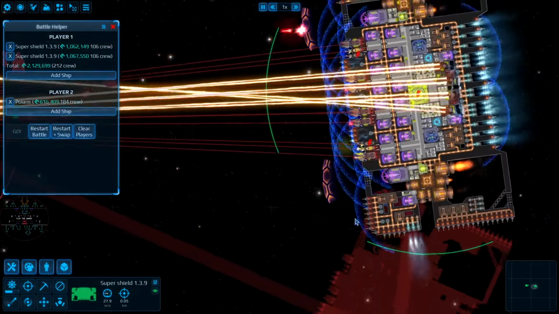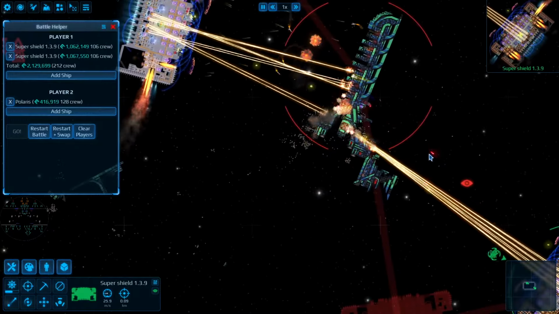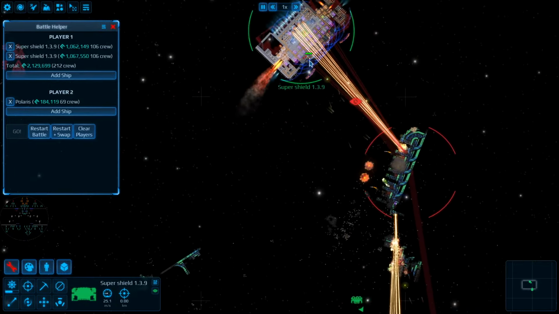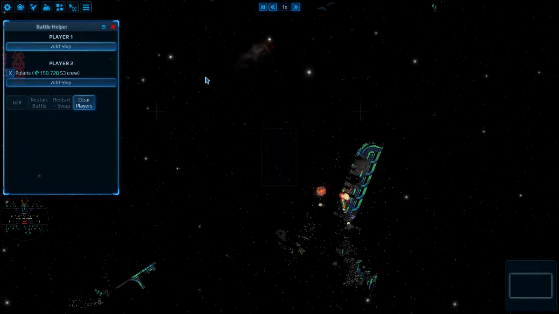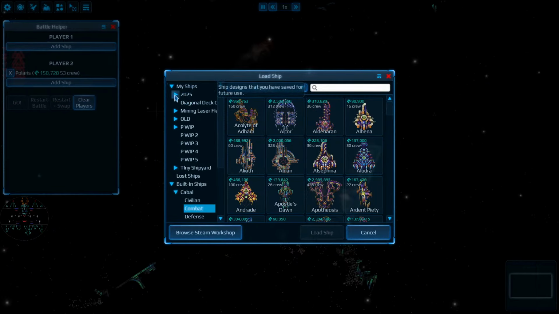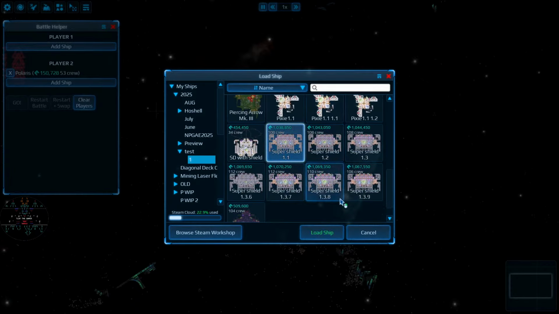So it still is taking damage, but before, if you take the original, it actually would take even more heavy damage, or you could even lose one of these ships. So the best thing to do, if you're trying to optimize your ships and working on it the most, is you take your original ship,